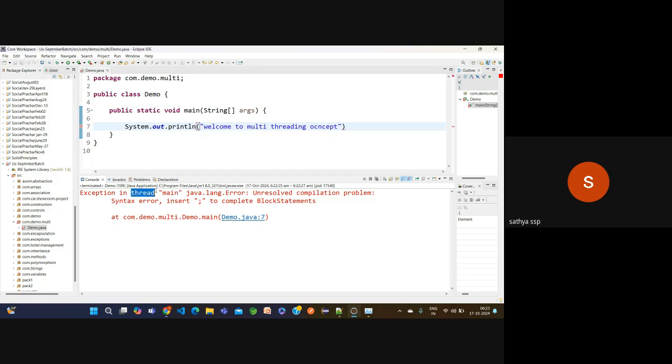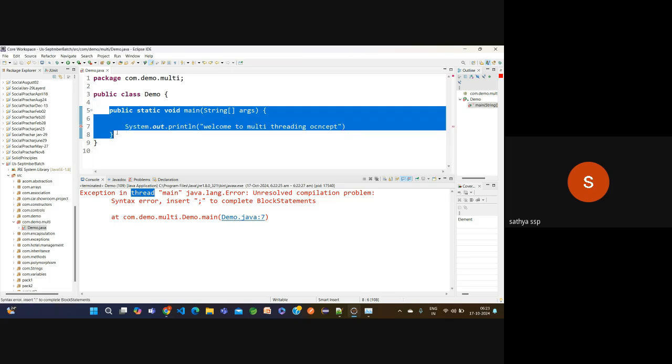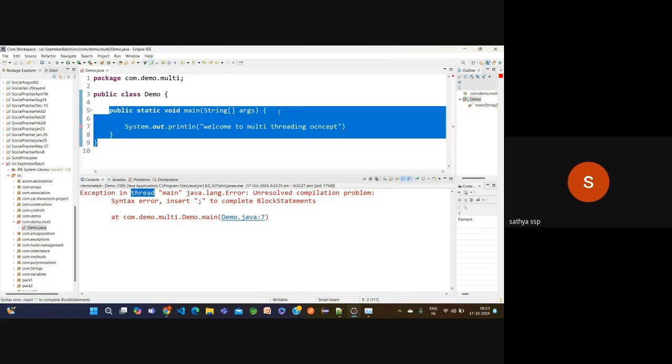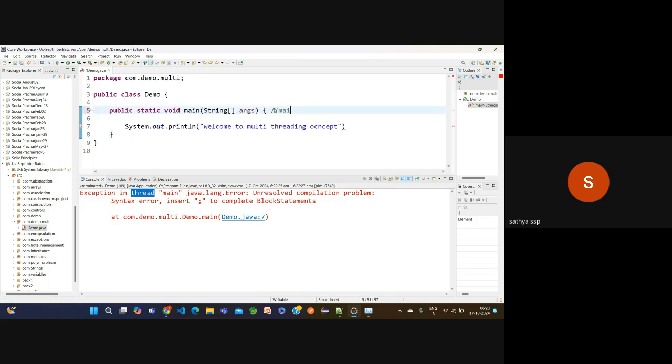Till now I told you this main method is executed by the JVM. After the JVM gets the chance, who will execute this main method? The main thread is executed. The logic of the entire class, the main method, is executed internally by the main thread only. That's why here: exception in thread main, java.lang error, as well as com.demo.multi.demo.main.